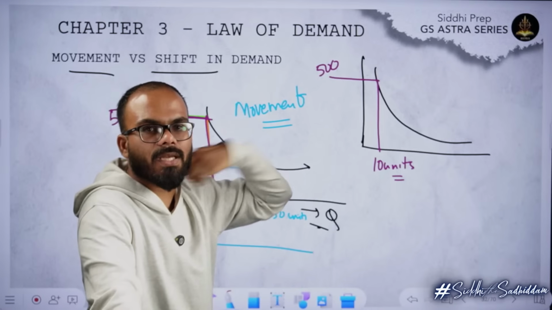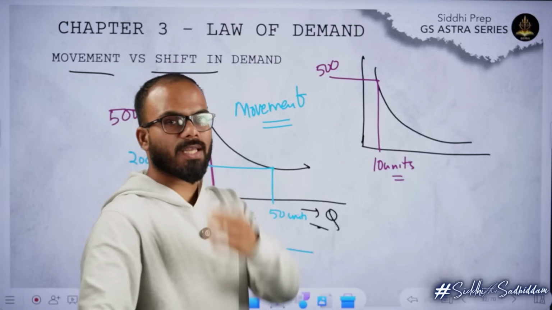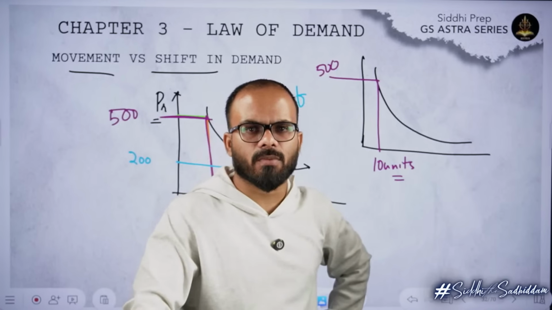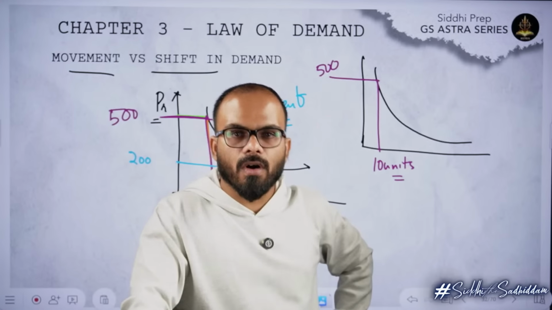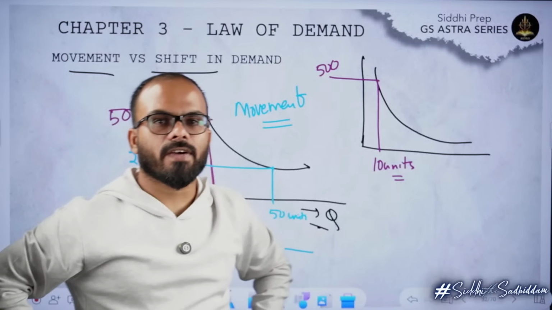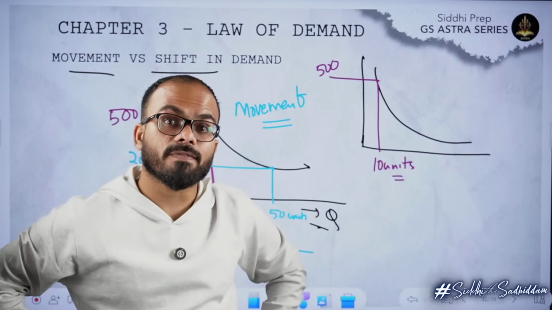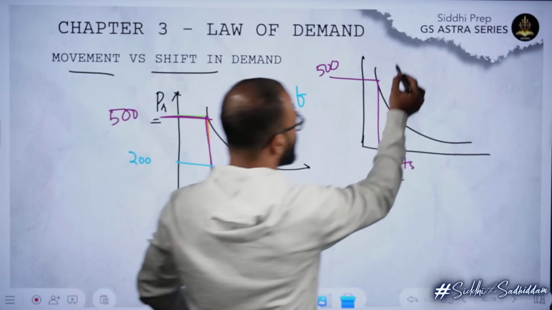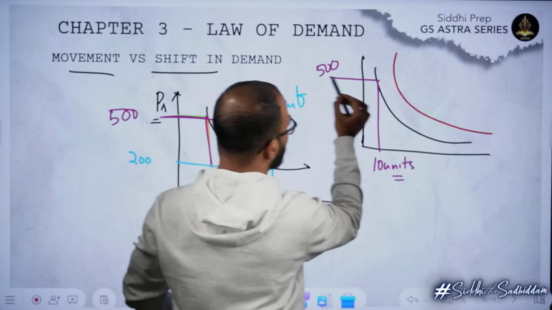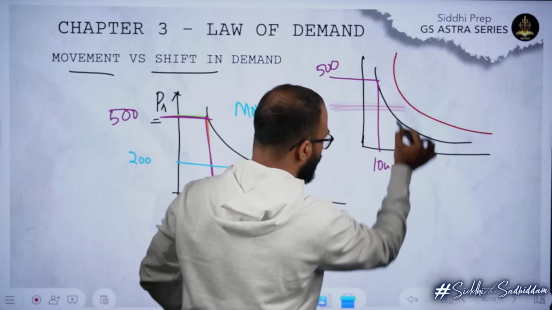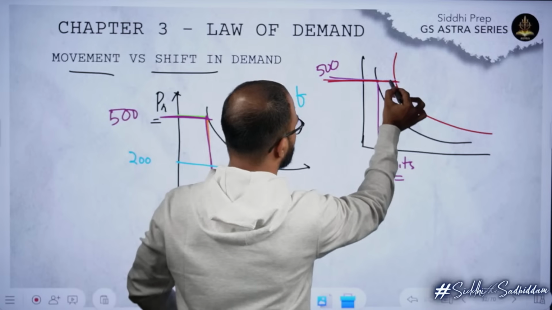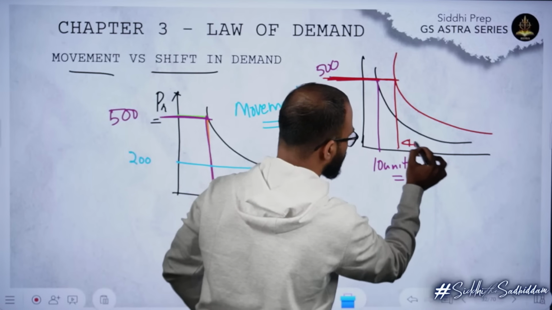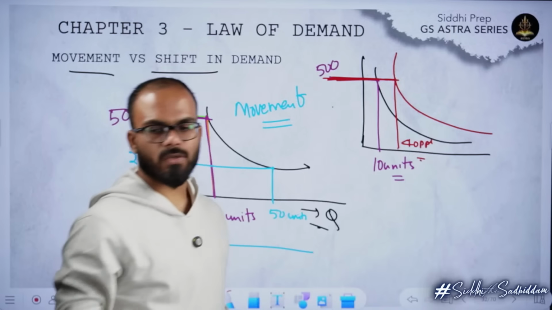Now out of nowhere, at 8 p.m. news time or prime time, the Prime Minister of India came onto camera and said, for every Indian I am depositing 5 lakh rupees in your bank accounts. So obviously everybody now has got 5 lakh rupees. When everyone has 5 lakh rupees, what happens to the demand? The demand curve will go there, because for the same 500 rupee price, this time let's say 40 people will ask for it. Yes or no? Do you agree with me on this?